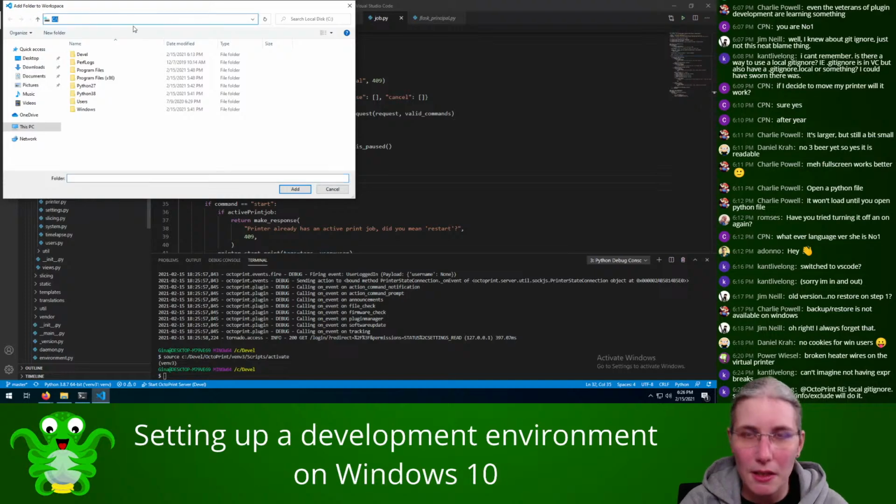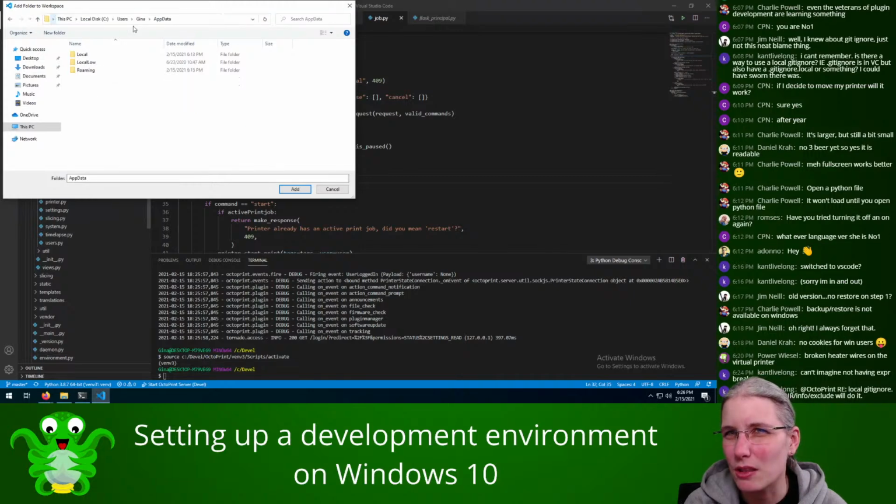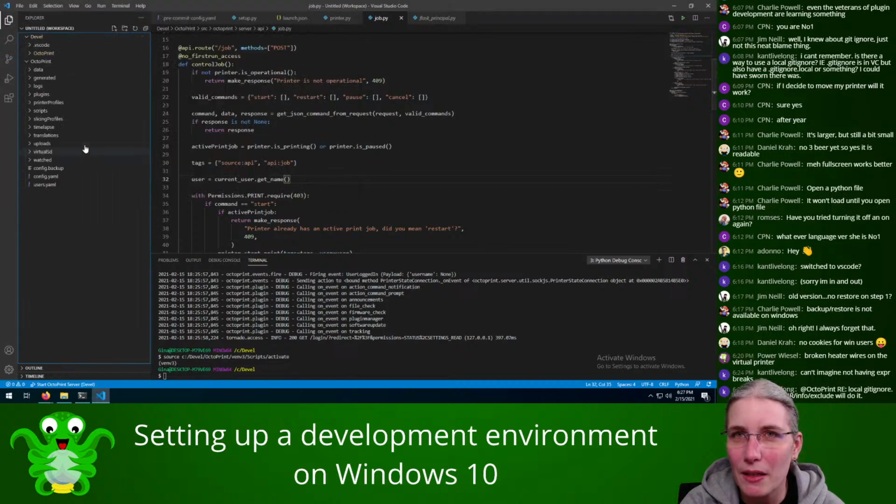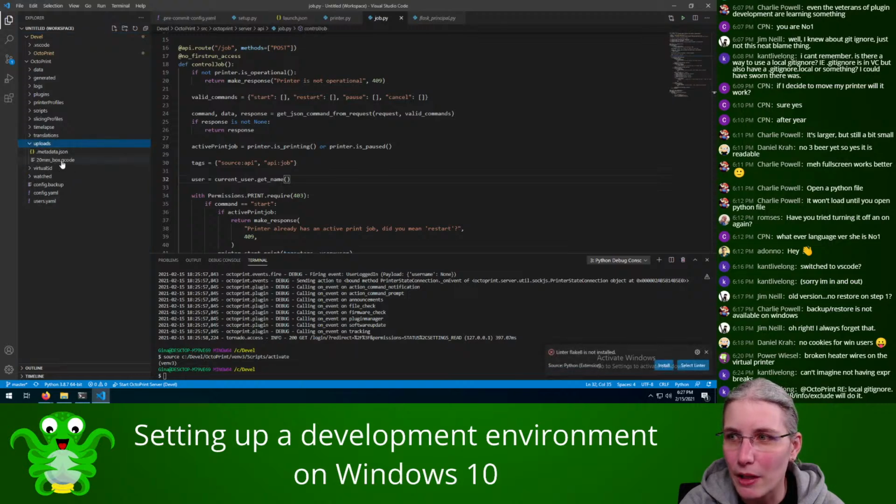which is under Windows. OctoPrint saves its settings under the, was it app data or was it application data? I have to check. App data, roaming, OctoPrint, there it is. Okay, it saves its stuff under app data, and we're going to add that one. And this is now our config folder. So we see there's the uploads in here, the G-code file that we uploaded, and